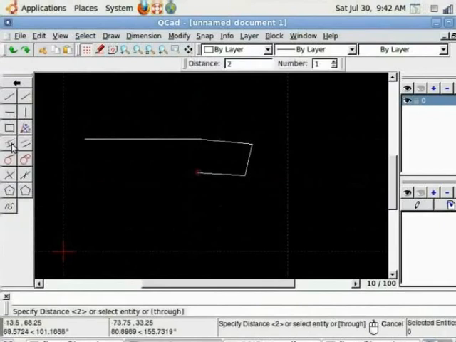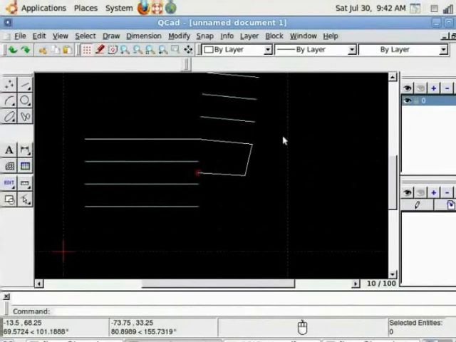When I choose this option on top, I need to specify the distance between the lines and the number of lines. Let's say 10 here, and number of lines I want 2, 3. Enter. Now you need to move the mouse cursor closer to the entity in relation to which you would want the lines to be drawn. Once satisfied, I can confirm the selection by clicking on the left mouse button and lines will be drawn on the board.